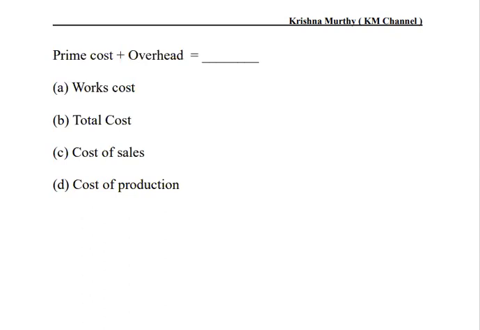Next one, prime cost plus overheads equal to dash. First option, work cost. Second option, total cost. Third option, cost of sales. D option, cost of production. The right answer will be B, total cost. Next one,